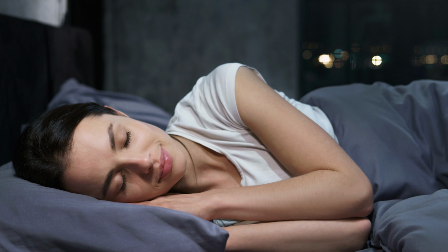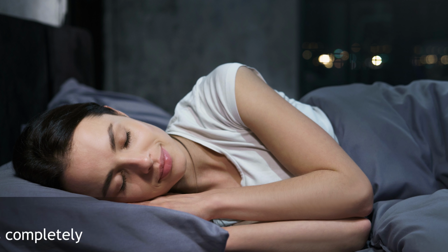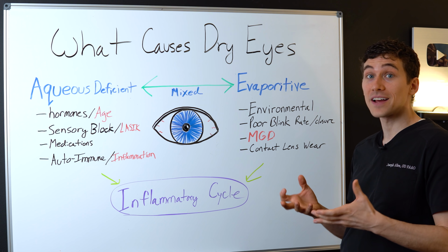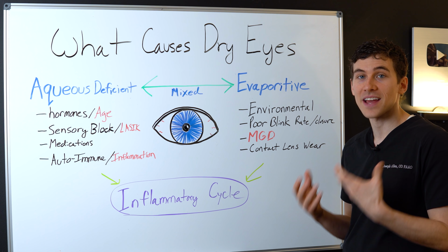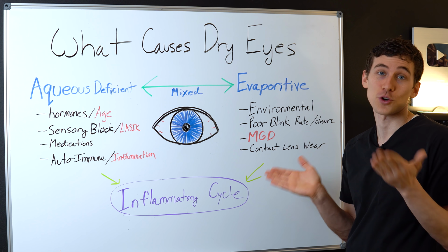Some people even have eyelid closure issues while they're sleeping, which we call lagophthalmos, and that means their eyes are open all night long and their eyes are just drying out very quickly. And you may have that experience where you wake up in the morning and your eyes are very gritty and sandy and almost feel like they are stuck together to the eye when you first open your eyelids.